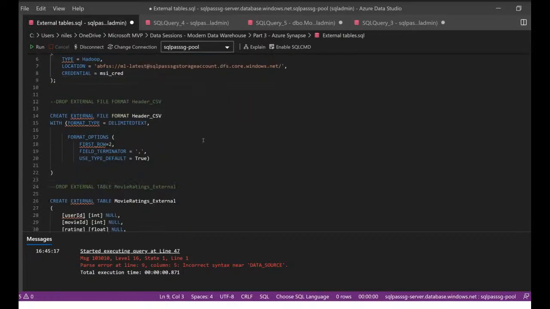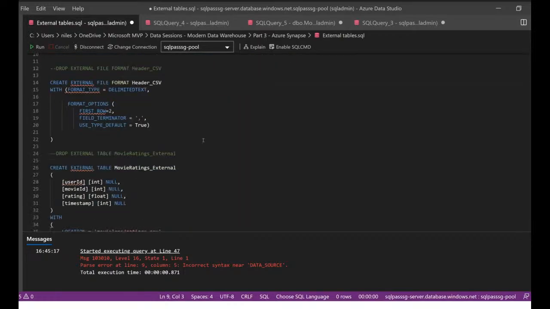Once I have the data source, I can define the file format, and these file formats are the ones we discussed last time, like the object storage or the row columnar storage, the optimized files for the object type of files. So here I'm connecting to a CSV file, or I'm creating a file format for CSV, and I specify different options. Like I know my first line in my CSV file is a header, and the actual data starts from row number 2.